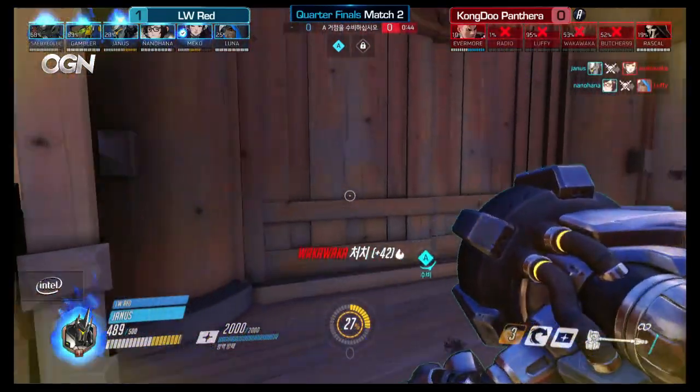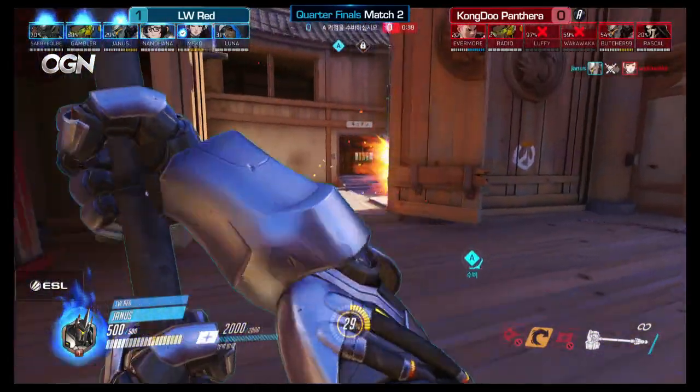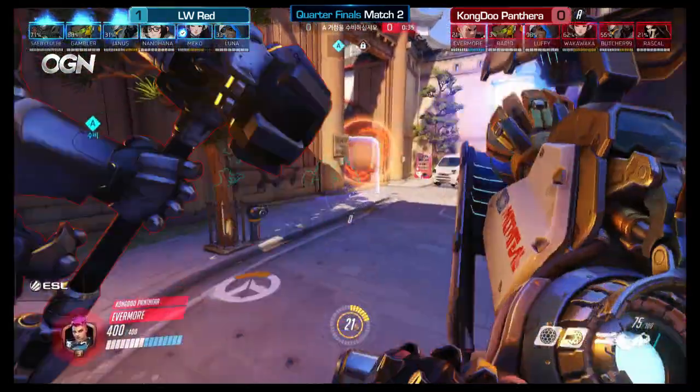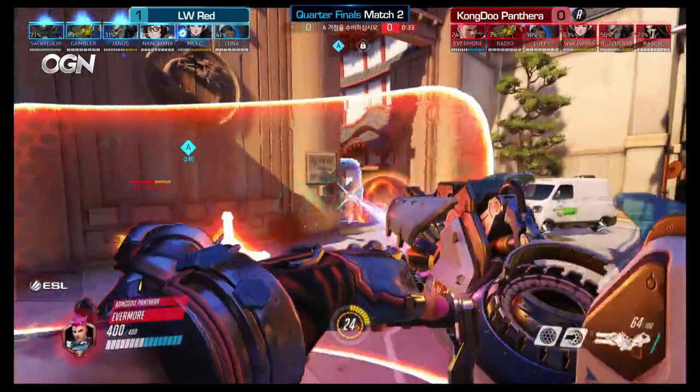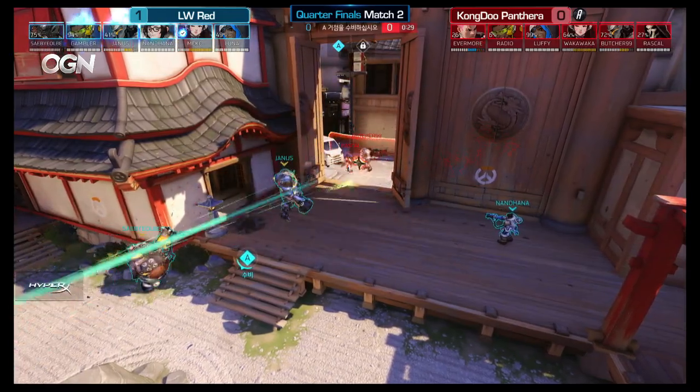Evermore and Rascal are able to respawn before that happens, but my God, LW Red, they are just stomping out Kongdoo Panthera's attempts every single time. And that is the second fight in the last 3 that Nanohana has had a Blizzard. That's almost an auto win for LW Red if Nanohana just puts it in the right place,